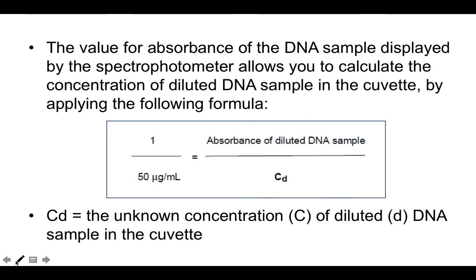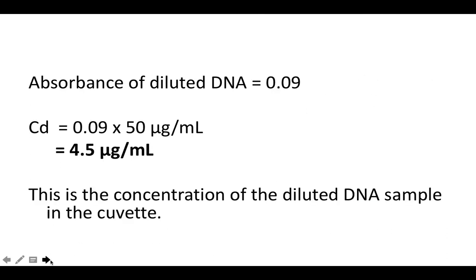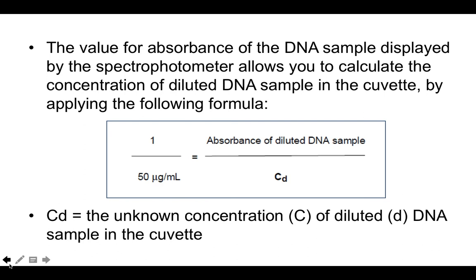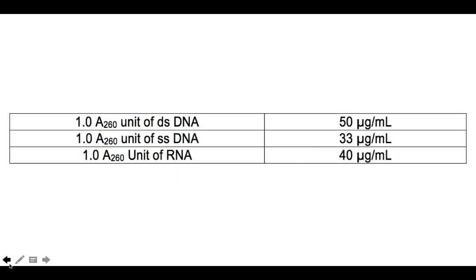So the result will be the absorbance of your diluted DNA multiplied by the accepted conversion value of 50 micrograms per ml for every one absorbance unit,